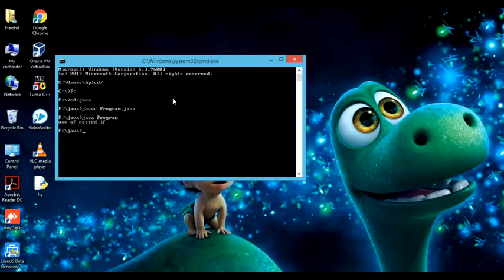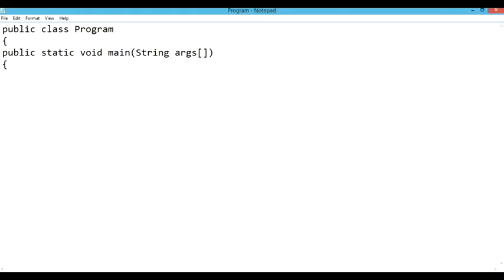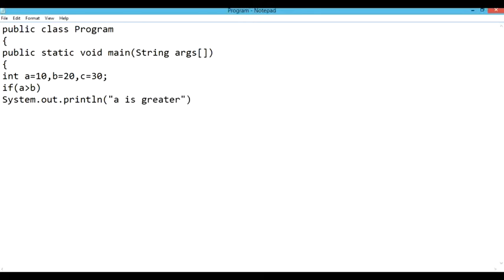The next statement that we were using was the else if statement. So basically, what is the purpose of the else if statement? It means if we want to check again and again different kinds of conditions, in that case we use an else if condition. In this case, I am keeping the program till the main function as it is, the same as I was keeping in the previous cases. Now what I am doing here is defining three variables: a equals 10, b equals 20, and c equals 30. First of all, I have written if a is greater than b, then what will be the system.out.println?